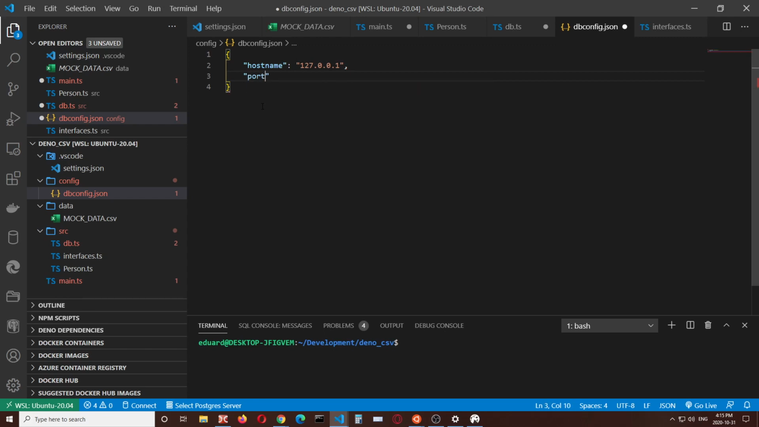So port, and remember, port is a number. In this case, it's 5432. This is the default port of your Postgres system. If you are running an instance of Postgres inside a Docker container, then you will have to provide the port number of that container that accepts connections for Postgres. Now we also have the username, and the username in my case will be tester,